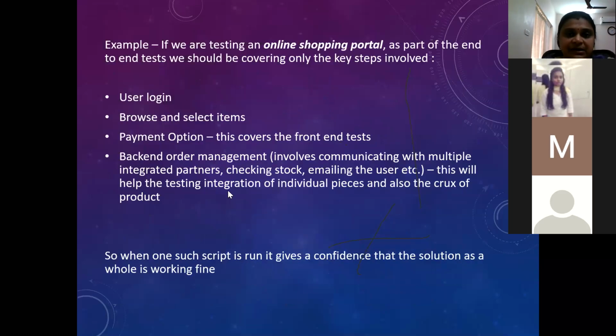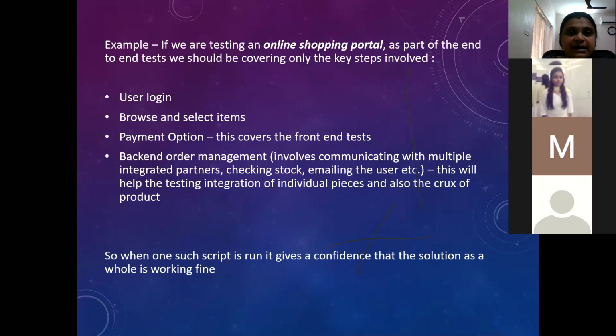So let's take an example here. We are talking about end-to-end testing. Let us say we are testing some online portal, some portal through which somebody purchases something. What are all the key steps involved? I'm talking about an end-to-end test. So you have one particular end-to-end test. We are not going to test every functionality; that will be your positive testing. Rather, if there are some bug fixes made or if there is a key release that is going to happen, in those cases we can go for an end-to-end test.